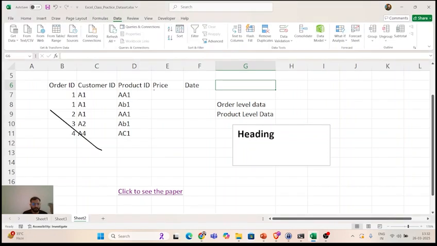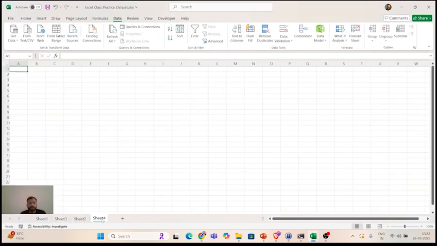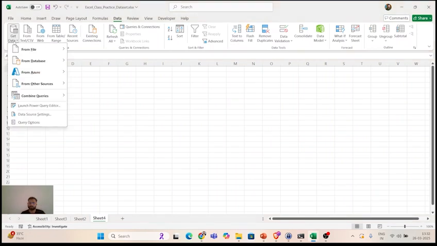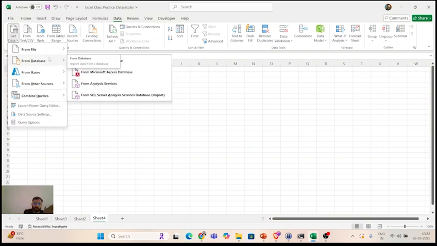Then in the data tab, let us spend some time in the data tab. This is very much important, right? If you want to get data from some other sources, let's say you are working on a project and you have the data stored in Microsoft Azure or a SQL database, any other files, you can import the data from different data sources using this option, correct?